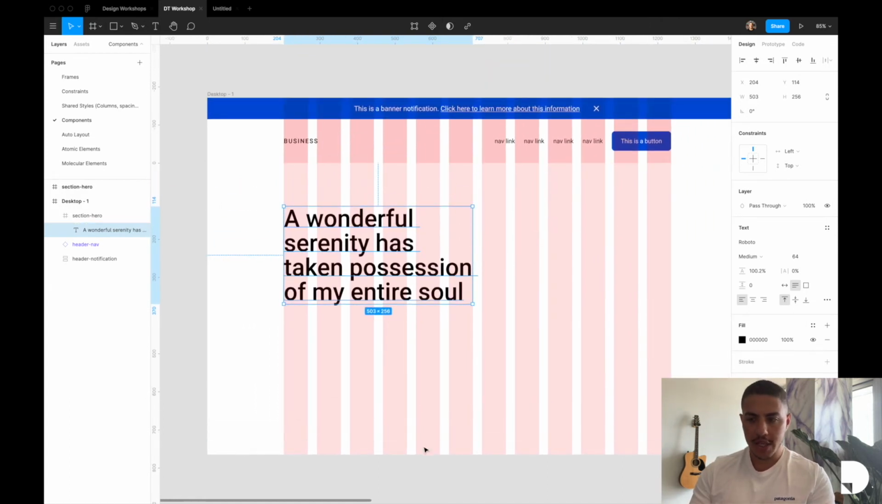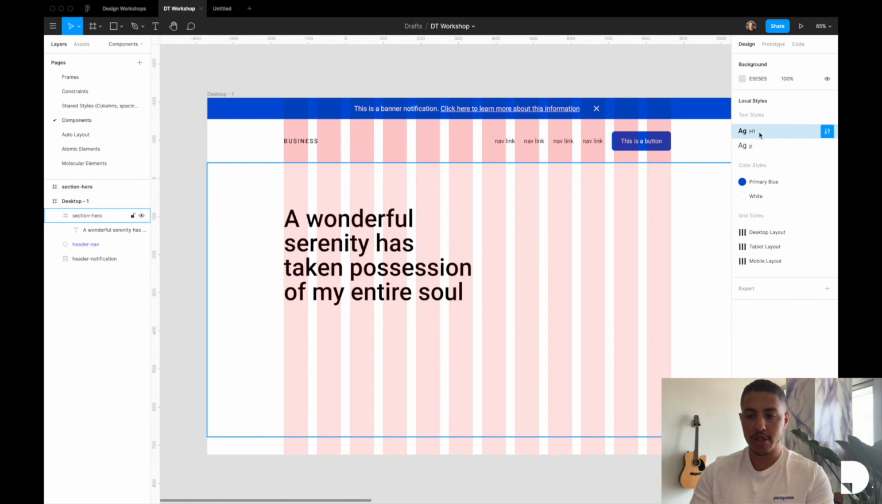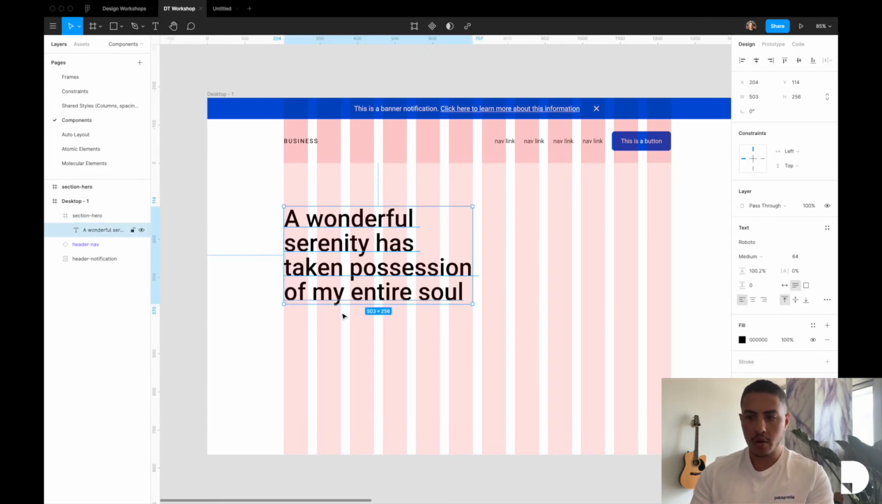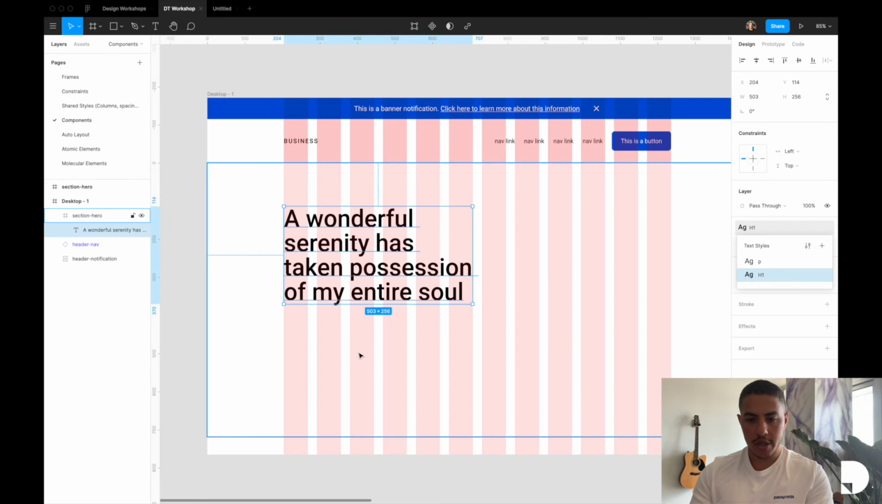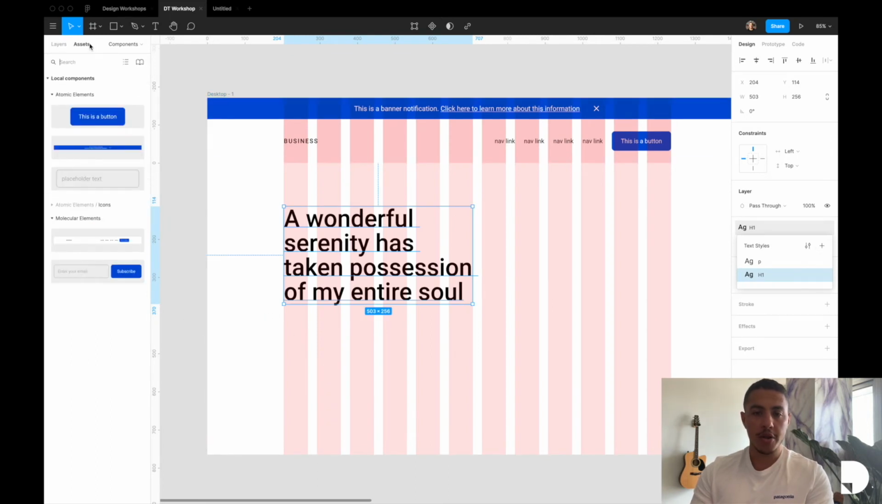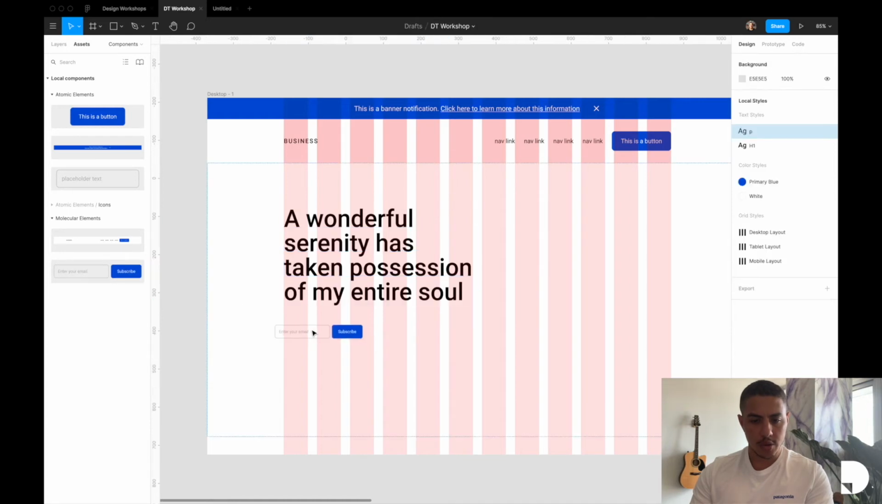So we had previously created an H1, but this was more for demonstration purposes. So I'm just going to delete the style for now. And this is going to be our new H1. So I'm going to click on the 4 dots, create new style, and this is our H1 style. So now let's grab the subscription component that we created. So I'm going to grab, drag and drop,